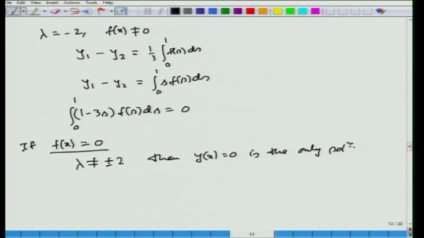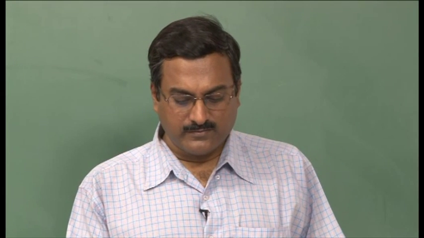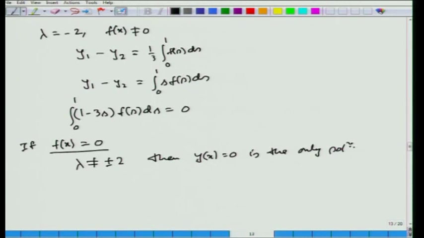And next we can try to calculate the eigenfunctions associated with the eigenvalues plus minus 2 whenever f(x) equals 0. Now, for lambda equal to 2 and f(x) equal to 0,